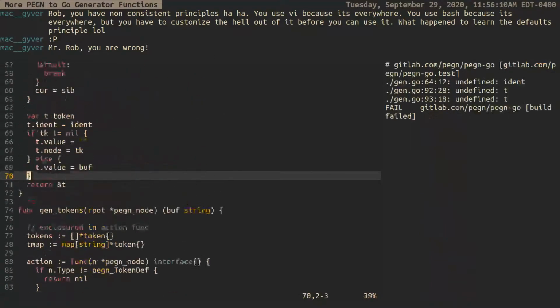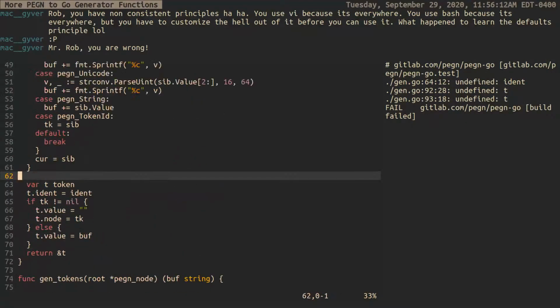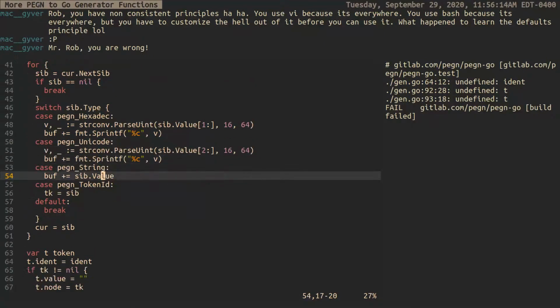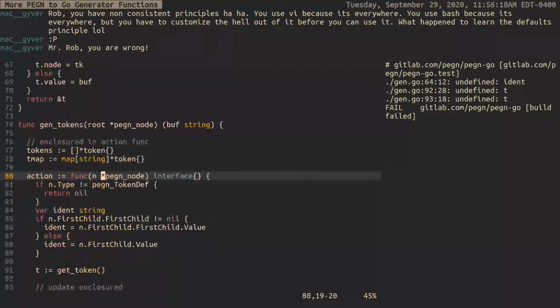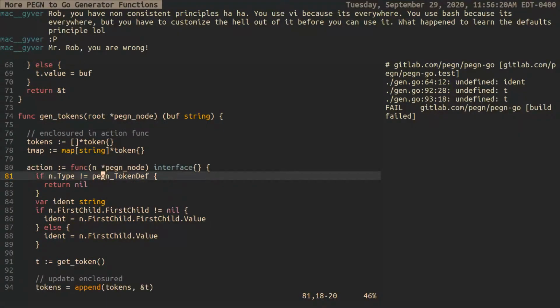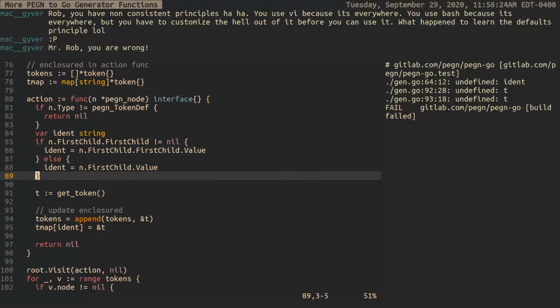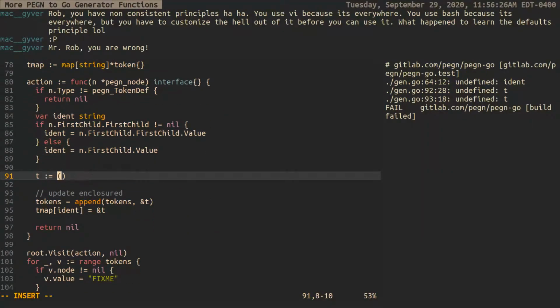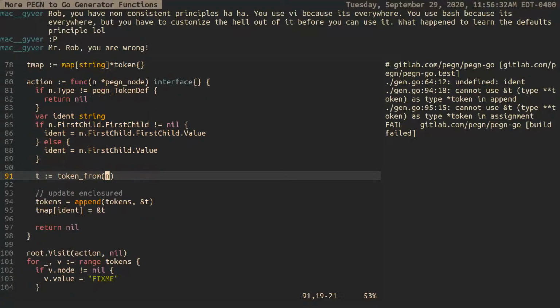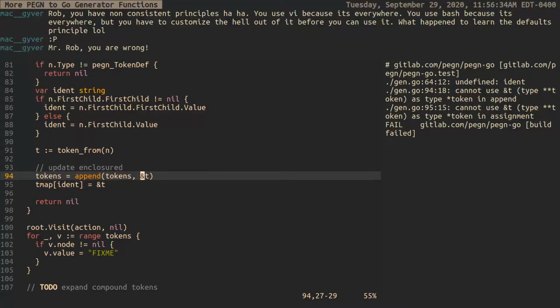I should probably say simple token from, because that's what these are. Yeah. Anyway, I'm gonna have to do a recursive. This is basically becoming recursive, and I guess that's probably the way to look at it. Token from, and then we'll say an n here. We have an n, and then I don't need to do this anymore because t is a